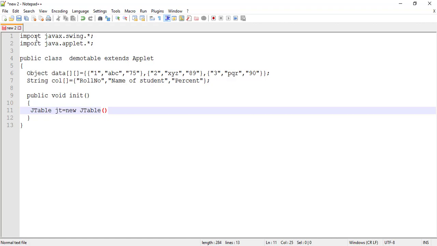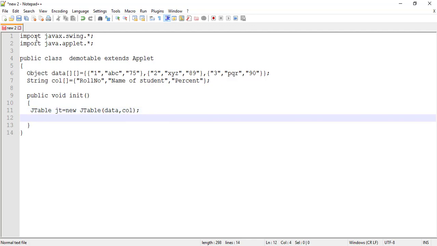The constructor of JTable consists of two parameters. First is the data array and second is the column array. So we are passing the array names. First array is data, comma, second array name is col. So the jt object is created.